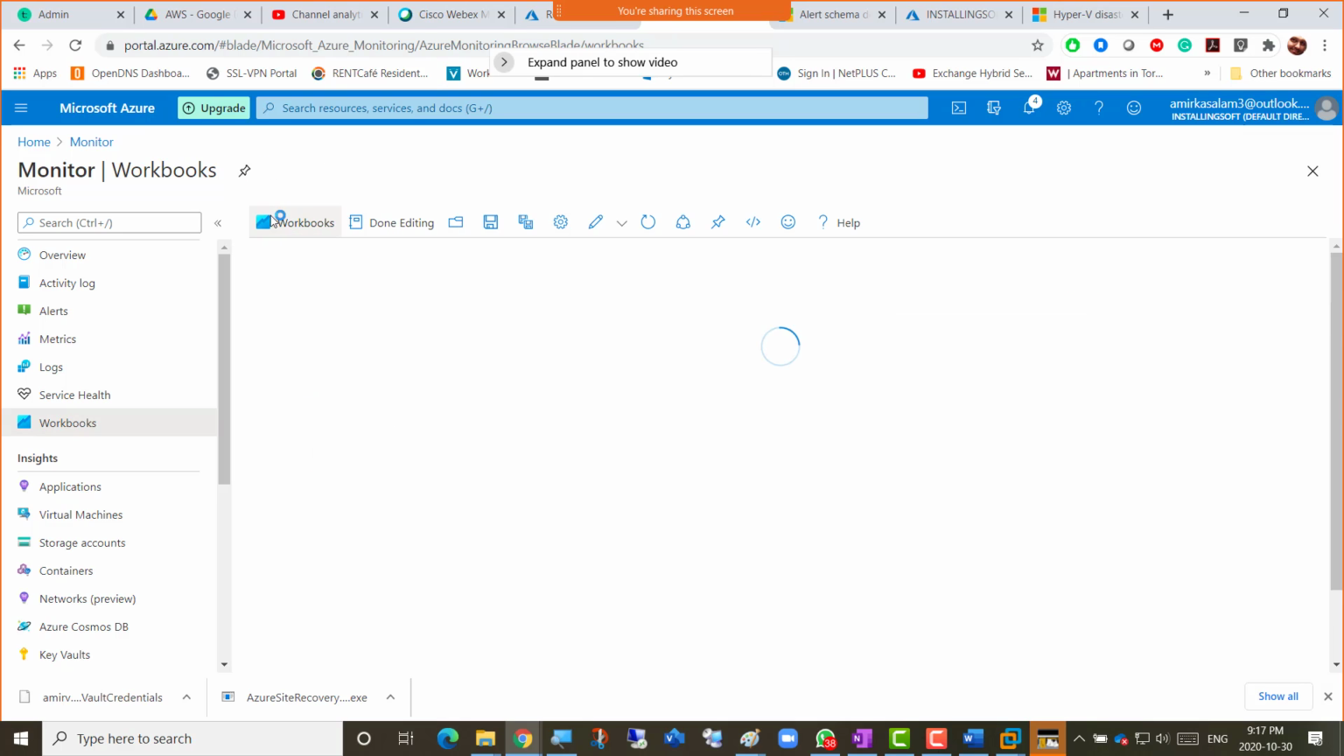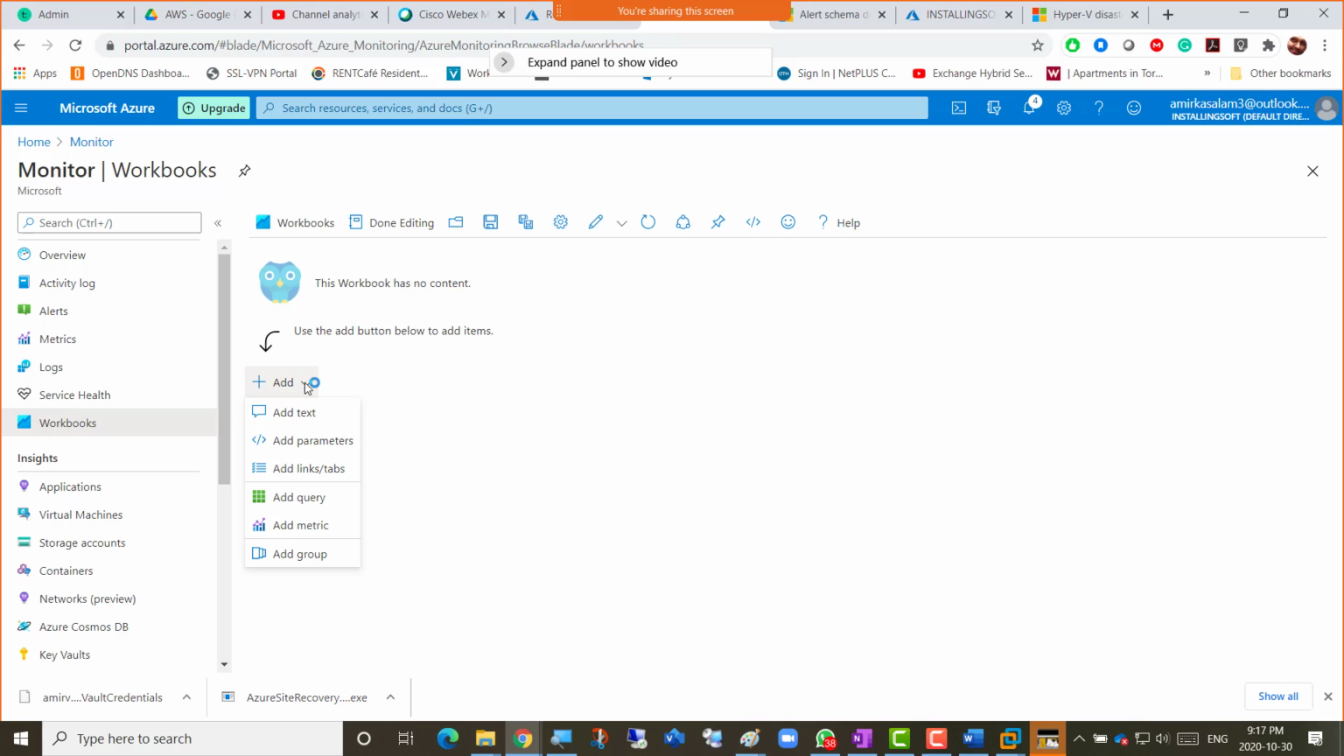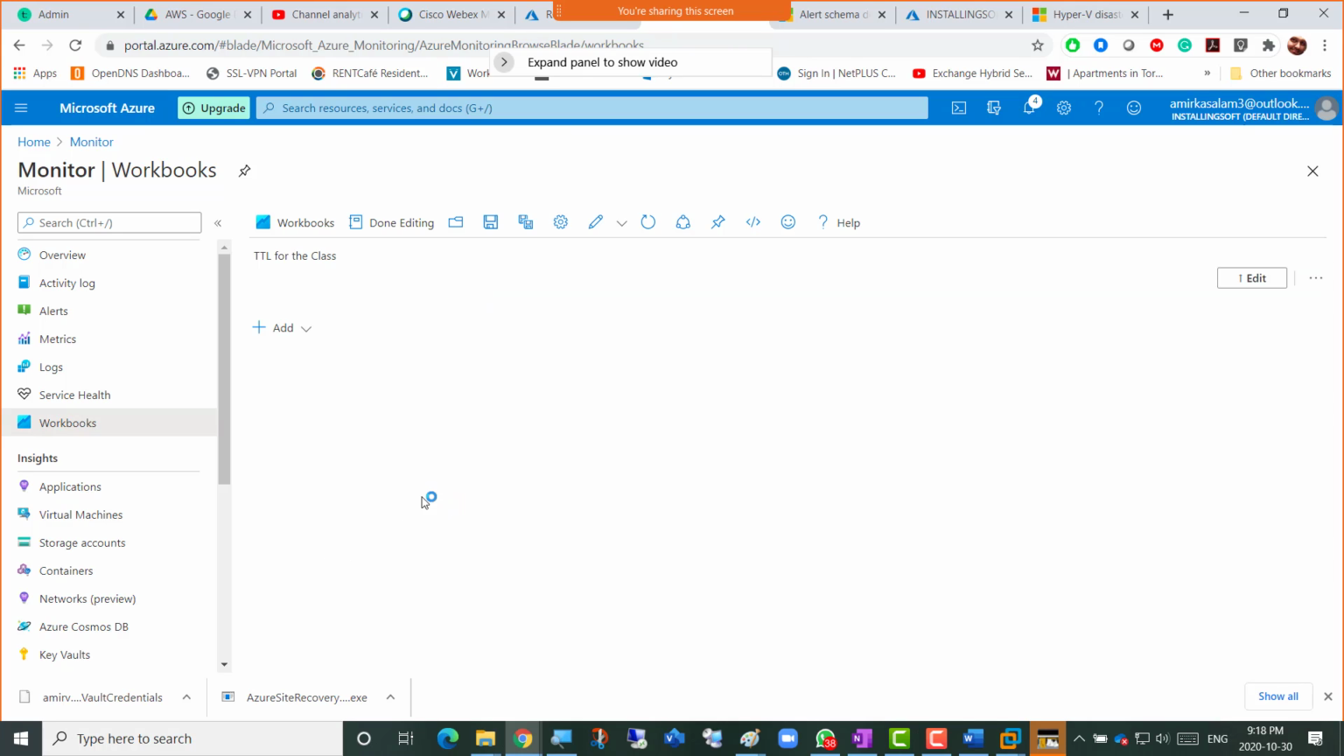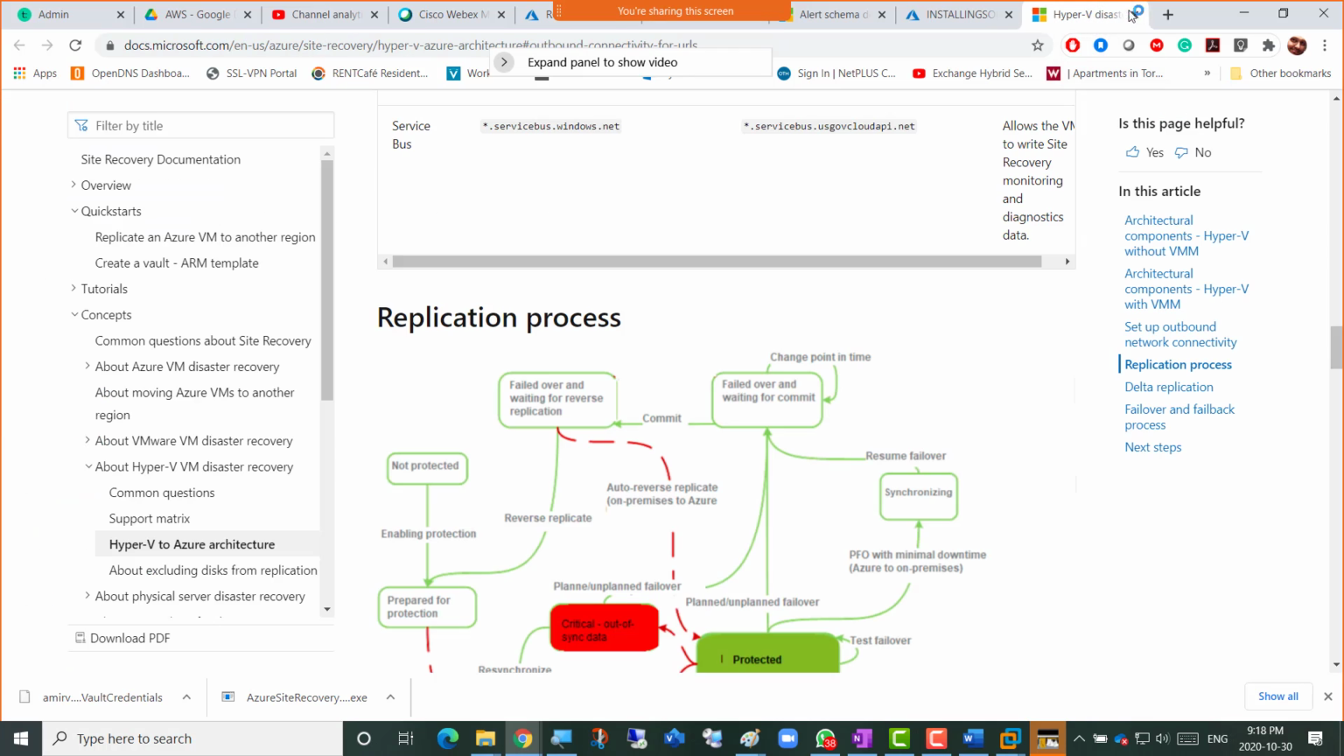I'll go for a new one. Add text, so markdown text. Yeah, so TTL for the class, right? So TTL for the class. TTL just normally means time to live, right? So done editing. But I just wanted to show you that it's very fancy reporting. Okay, done editing. Detail for class. Let me just go to workbooks, Azure workbooks. Okay, here,